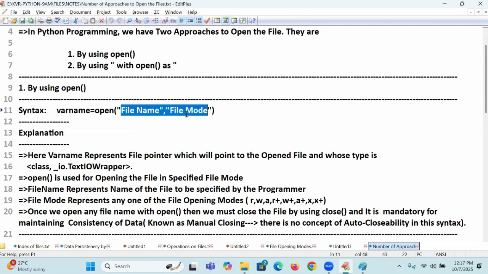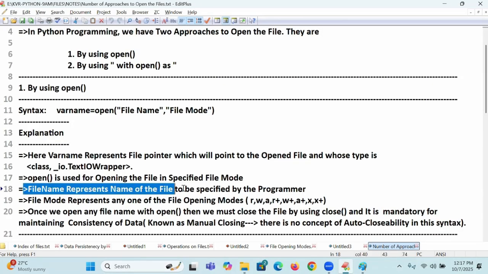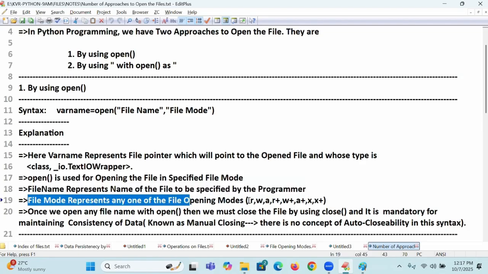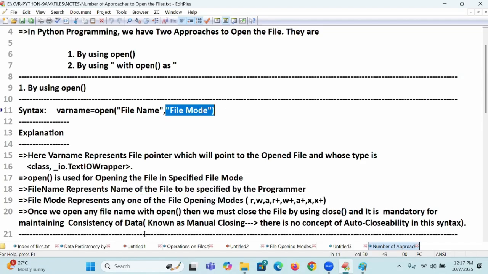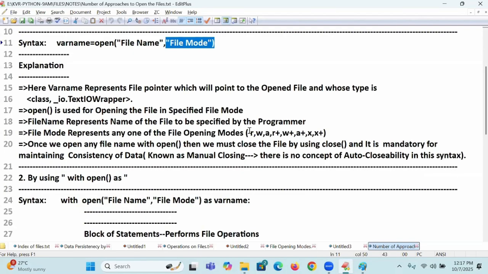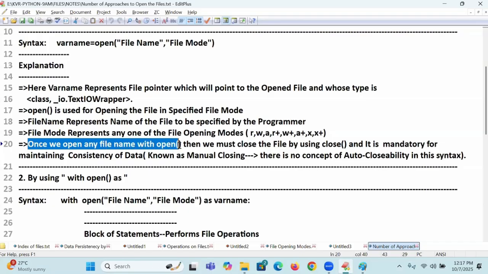To open the file name, we need the open function. File name represents the name of the file to be specified by the programmer. File mode can represent any one of the file modes which we discussed. There are 8 modes. I will write it. And once we open a file with open(), we must close the file by